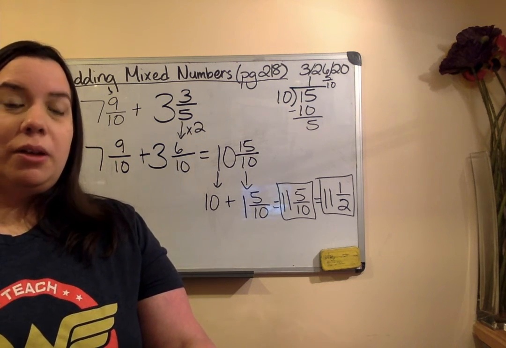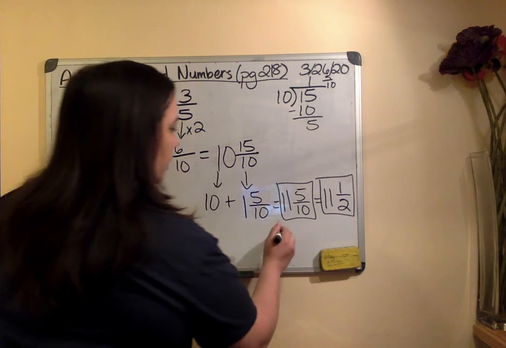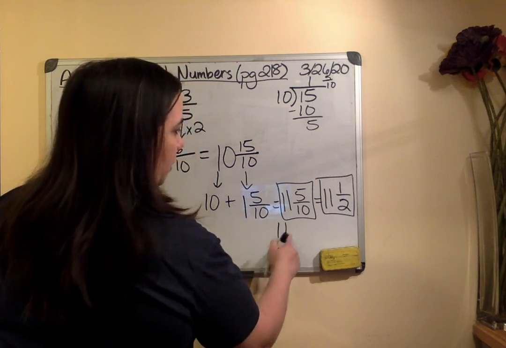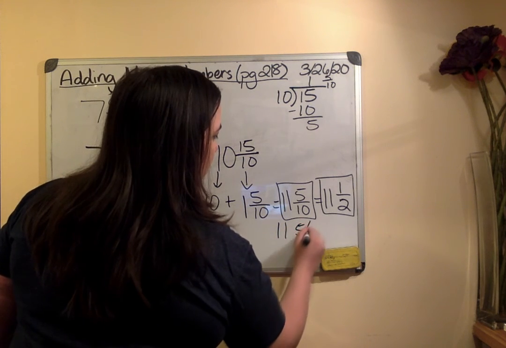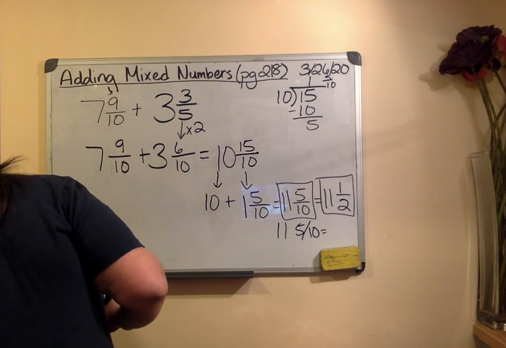So, before we go on, remember to type your answers. You write 11 spacebar 5/10 and then the equal